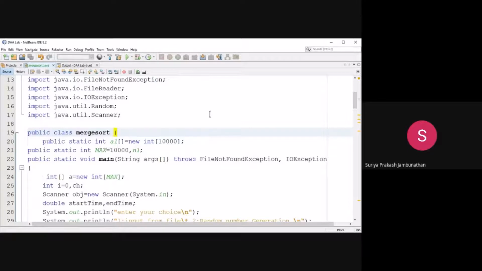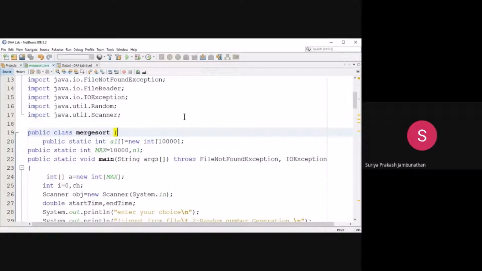More than 5,000, so we are limiting the size of the array to 10,000. You can increase the size of the array, but if you do, you have to use long int. If your array size increases, your data type also has to change, because the integer data type has a limited size.